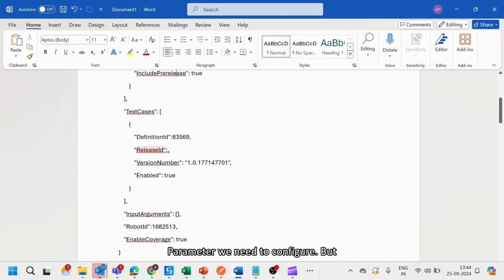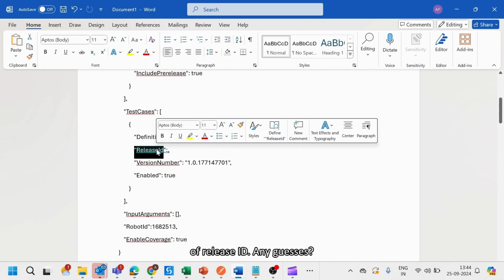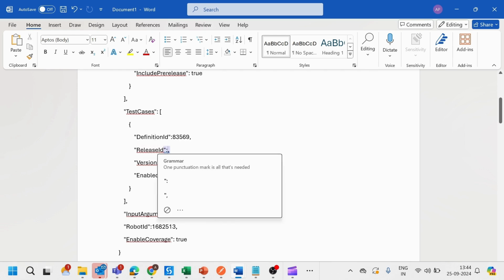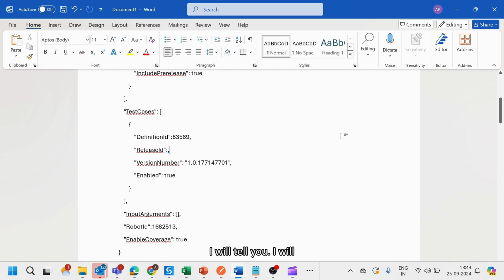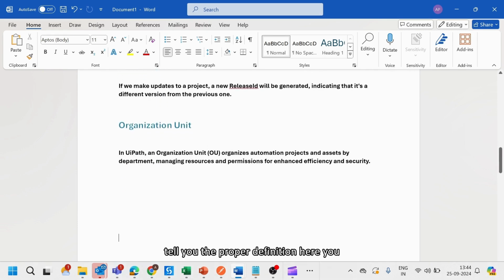parameter we need to configure. But to configure this, we have one interesting topic. I will explain how to fetch the information from the backend. Okay, so here you can see, what is the meaning of release ID? Any guesses? I will tell you the proper definition here. You can see that